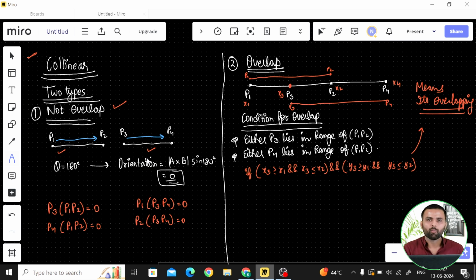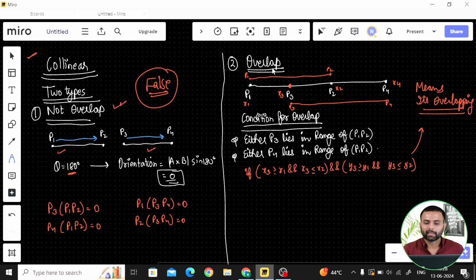Now in the collinear part we have two types. Let's understand with the example. The first is the non-overlap part. Non-overlap means that the two line segments do not overlap with each other. If you see here, our angle is 180. If you check the same thing with respect to one line segment, check the other 2 points, your answer will look like something which is not correct. They are in the same direction. So our output in that case is false. Just do the dry run which we did previously.